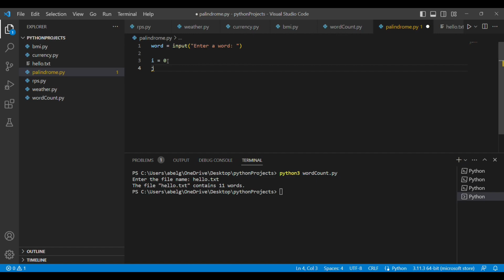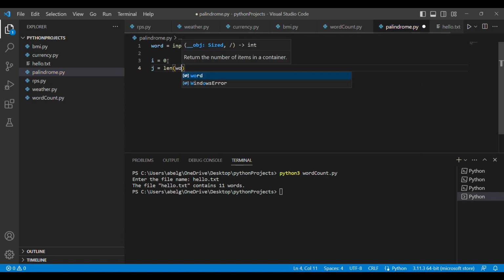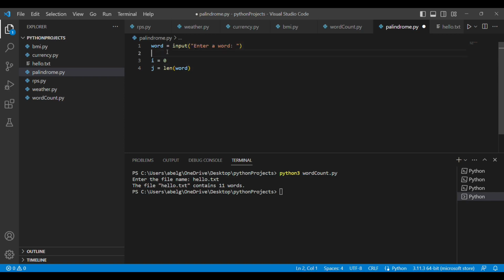We're going to use the len function that we used in our previous project. So we're going to say len of word, but len of word won't give us the correct value. Why is this? This is due to the indexing starting from 0. So again, let's look at a word example. So let's say we have the word example. Here, if we called len of word, we would get 1, 2, 3, 4, 5, 6, 7.